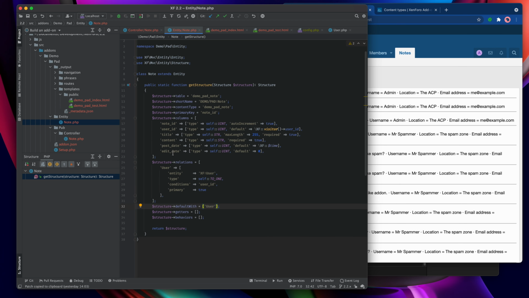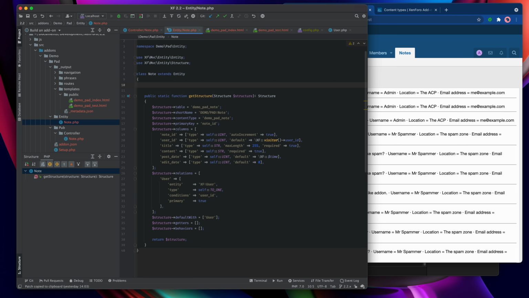Having specified this edit date field that we've defaulted to 0 to indicate that there are no edits, we need a way to have that edit date be updated whenever there is an edit. And thankfully we have a function that is tailor-made for that sort of purpose, and it's called preSave. So we're going to just define it here.